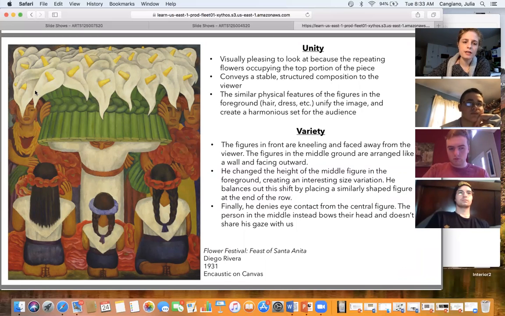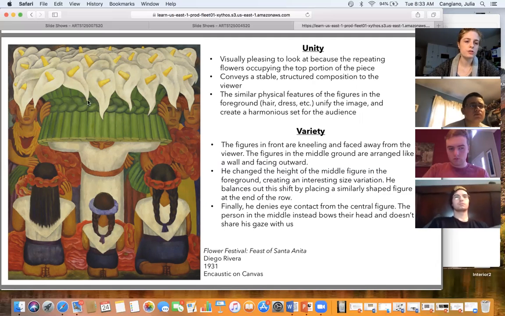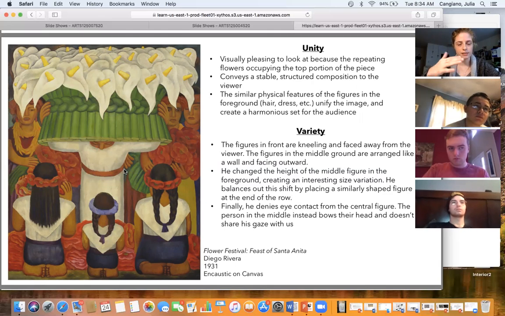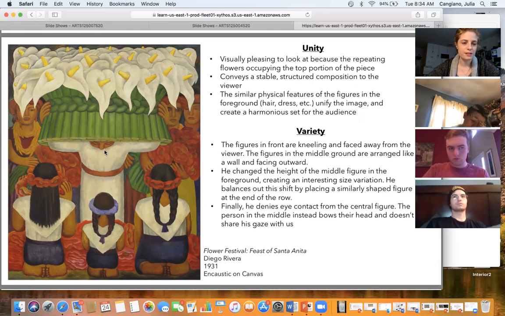And then for variety, one thing that Rivera has done is he's got these figures on the ground kneeling in front, and then he's flipped it. The focal point of the image seems to be in here, and he's got this figure flipped the other way. So we're not seeing the eyes of these three in the front, and we are seeing this figure's face, but they're denying us the ability to look on them because they have their eyes closed, but they're also facing front, which is different than these in the front that are kneeling and facing away.